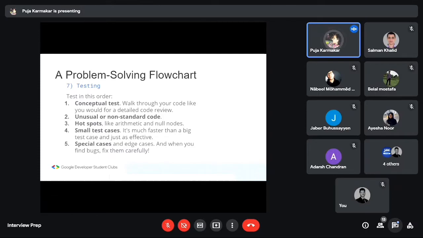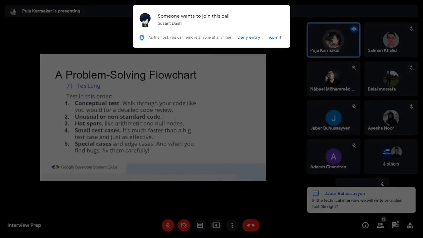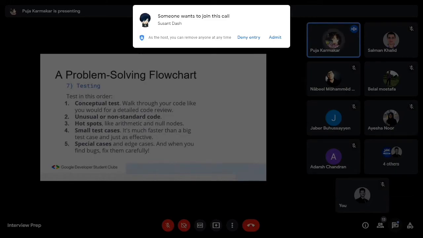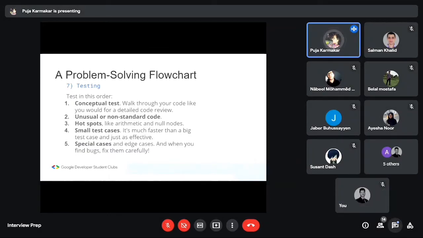Did I miss something? Did I miss an error? Okay, why is this code so lengthy? Did I miss something? Did I duplicate the same thing? Usually what I do, I use copy paste a lot, whereas I copy the same thing double the time. So that makes my whole code look lengthy, whereas I did a small mistake. So make sure that you're looking into it in a proper way, and also use test cases that are faster and that are effective. And also make sure that you use, if you're using special cases,